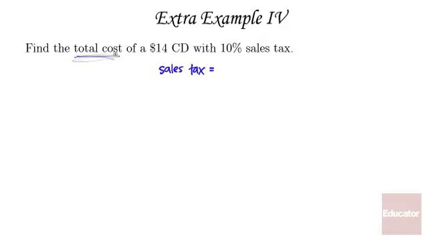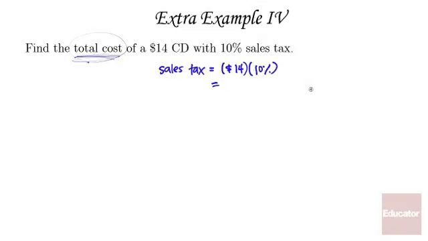The total amount that we're going to end up paying, right? Before we figure out the total amount, we need to know how much we're going to have to pay for sales tax. So the cost is going to be $14 times the sales tax rate, which is 10%,